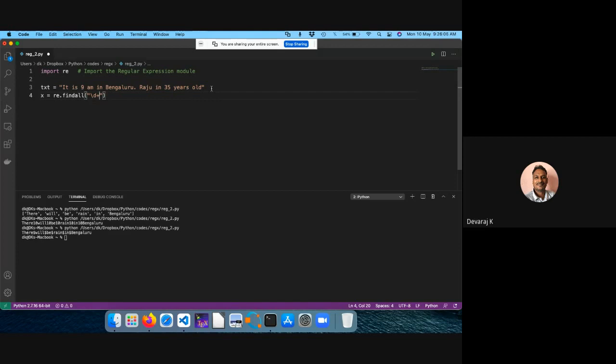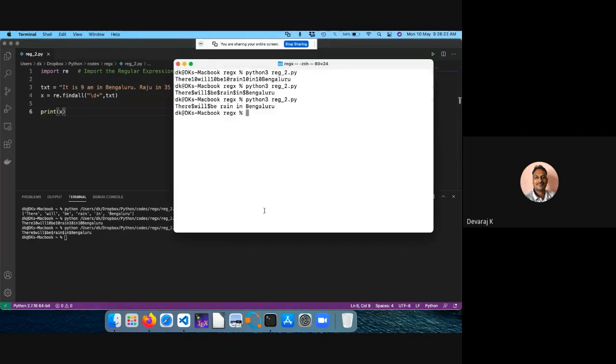It is not only one number, it can be more. Where I'm trying to search is in the text. Then I will print x. So now I'll run this code. Clear this and run this code.